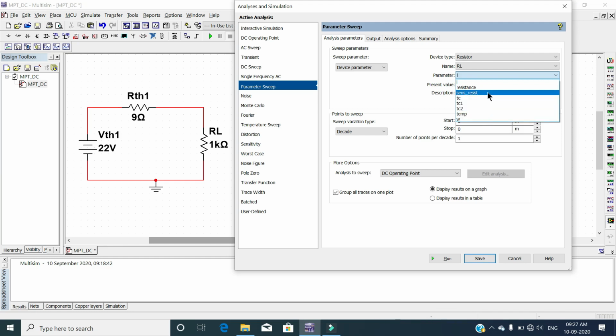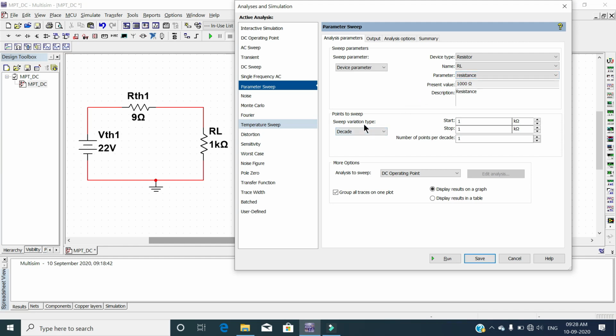So out of this, I will select resistance that need to be swept. Next, you can see that its present value is 1000 ohm, which is equivalent to 1 kilo ohm. Here in the description field, you can see a brief description of parameters selected.